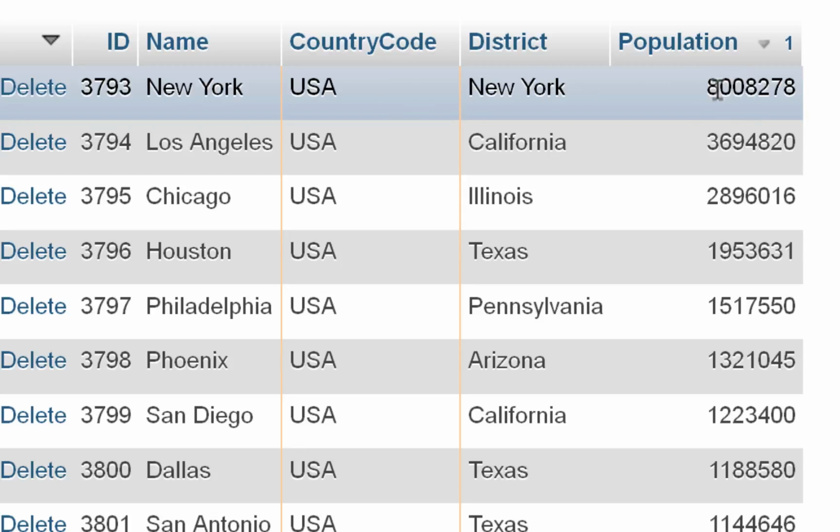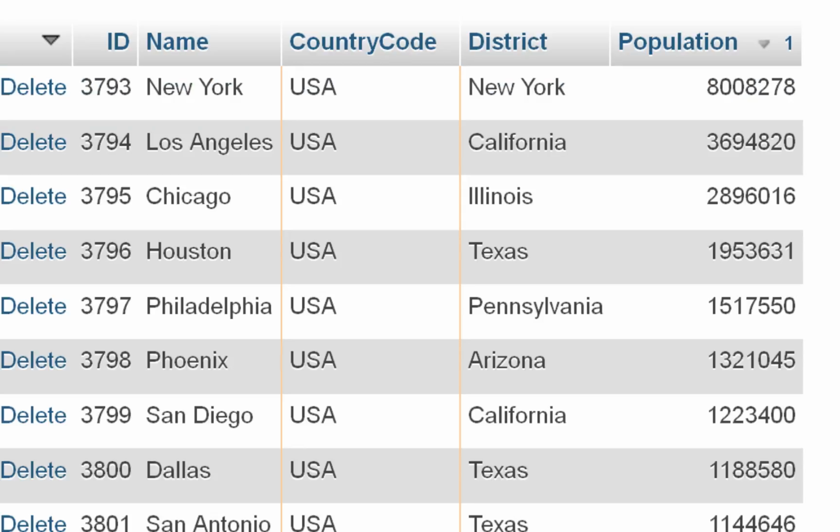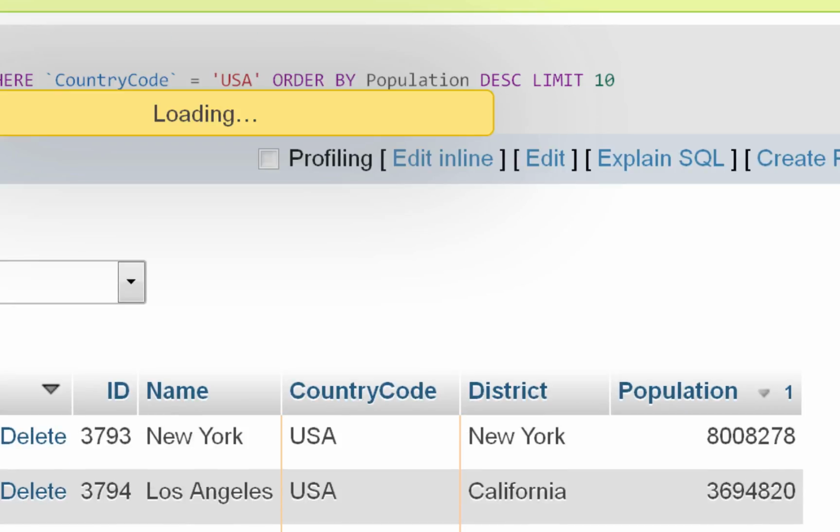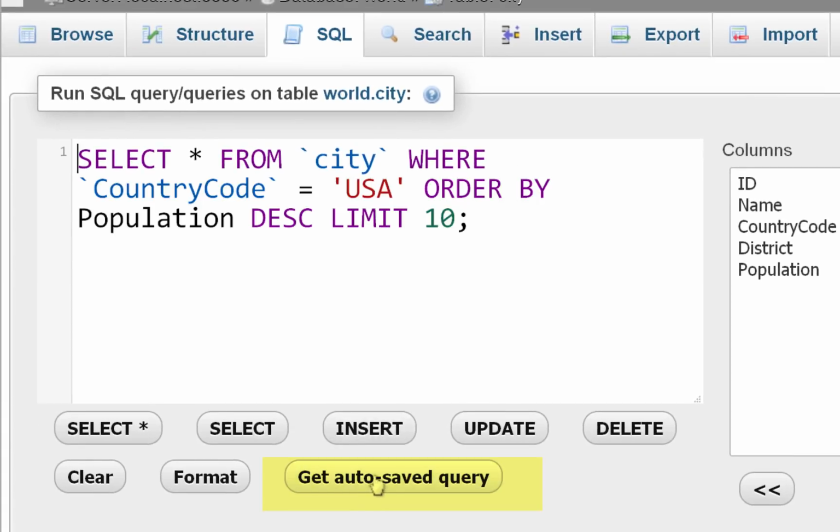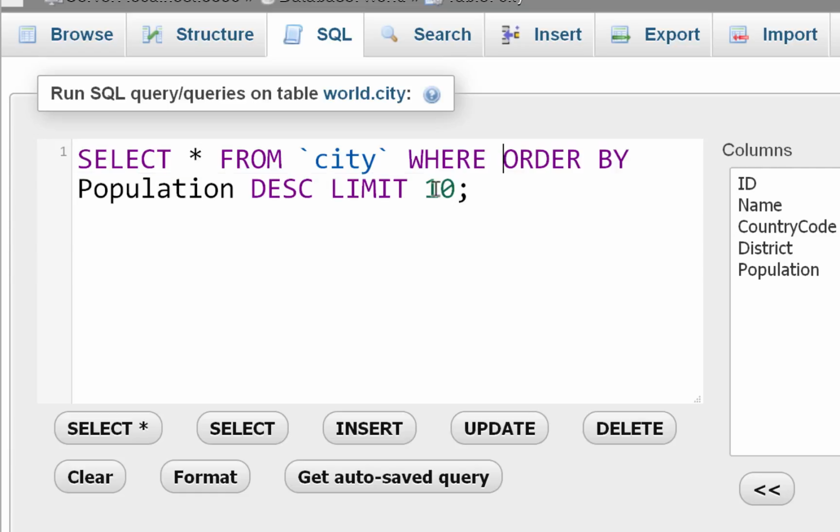There's 8 million. So how many cities in the world are as big as New York? I don't know. Let's try. Go back to SQL, and we could get our autosaved query and just see, select all from city, except we're not going to say country code equals USA. We want everything in the world. We're just going to say order by population. Now we don't even have to order by. We could say where population,